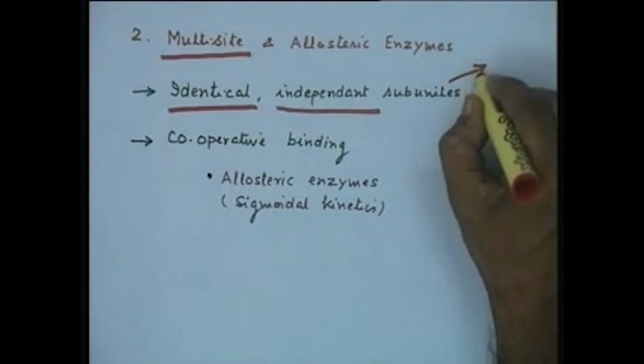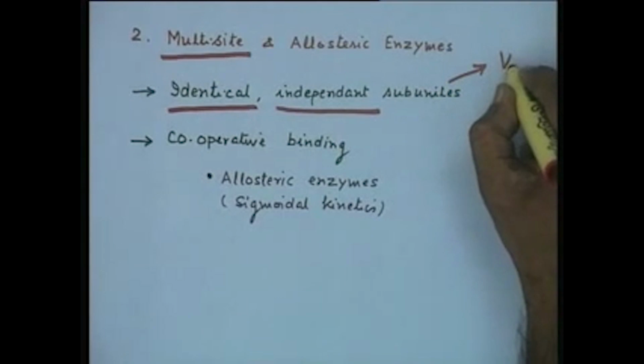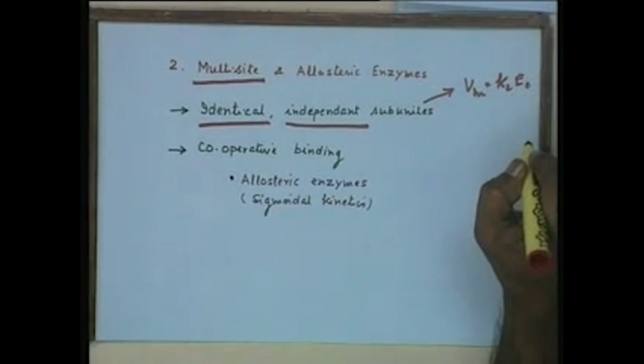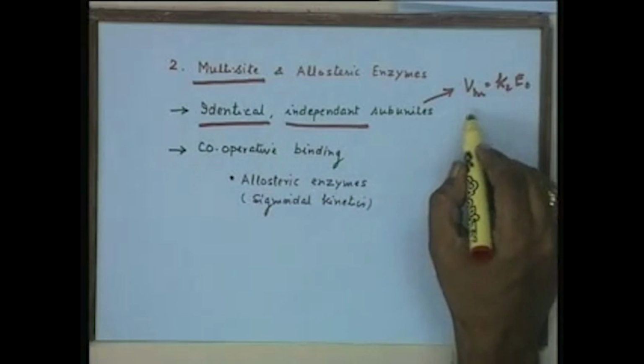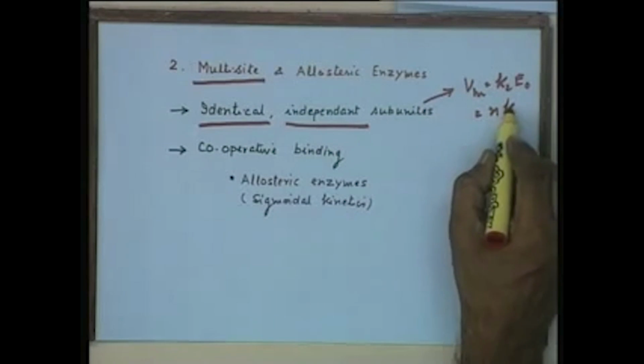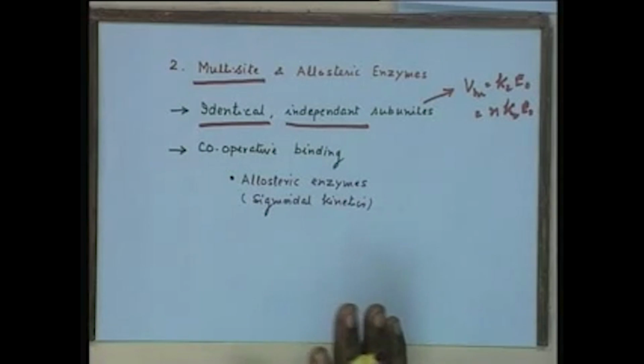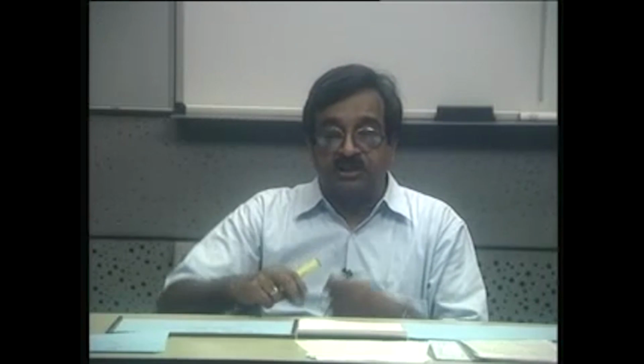That means our maximum reaction velocity in the case of a single binding site is Vm equal to K2 into E naught. If there are n binding sites, the only difference will be it will become n into K2 into E naught, because all the n binding sites have to be saturated. Except with that difference, there will be no difference and the reaction profile will be hyperbolic in nature,